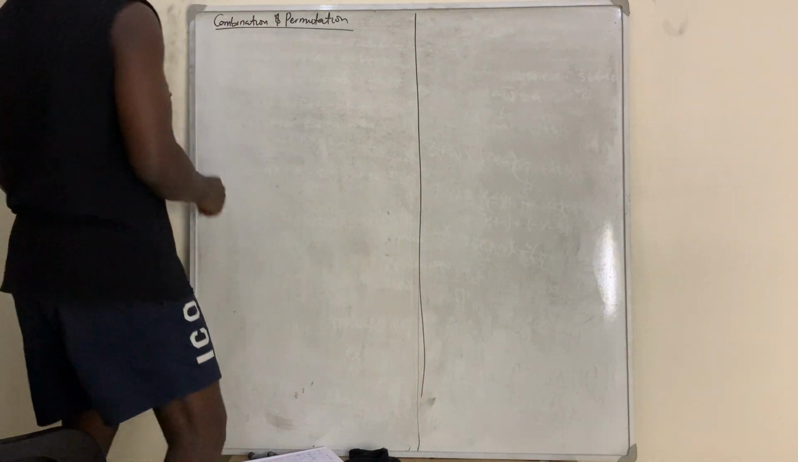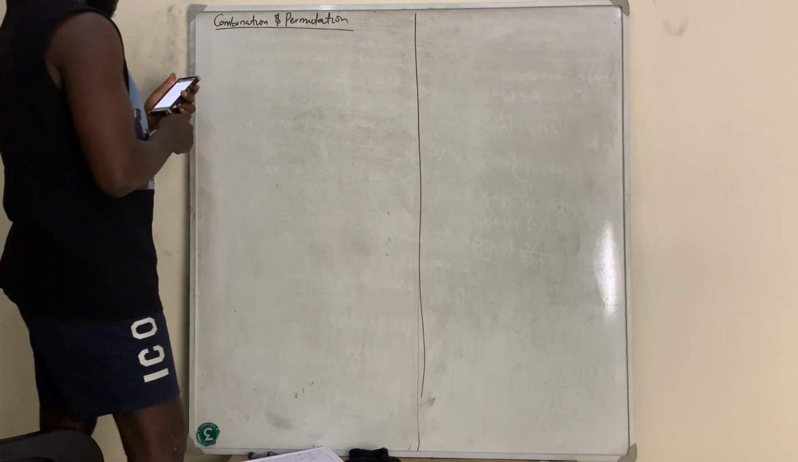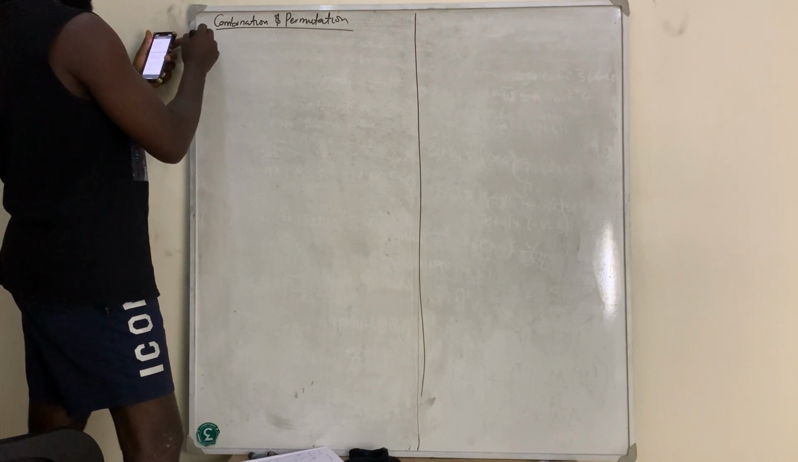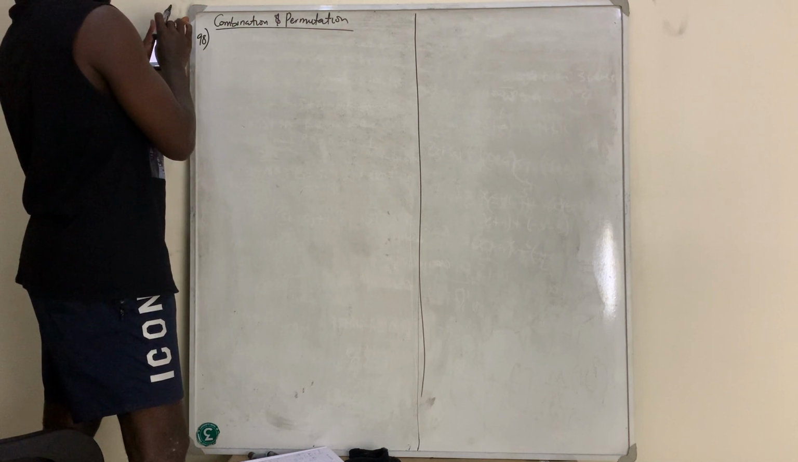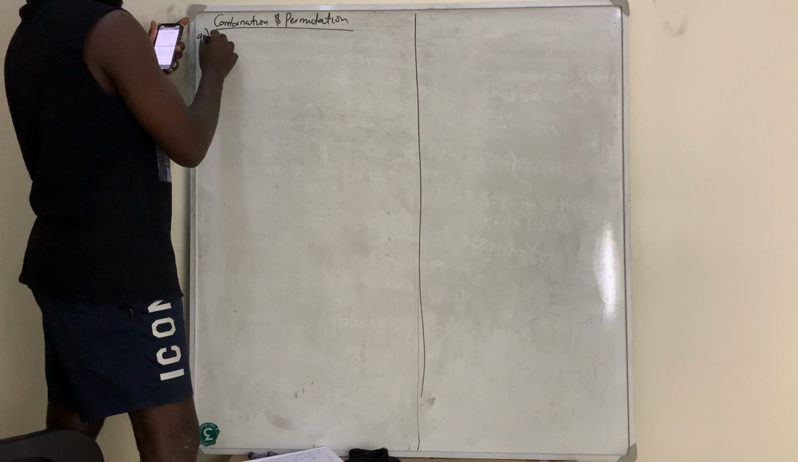In today's video, we'll be solving questions on combination and permutation. So the first question we are going to solve, according to this number, is number 98. It says